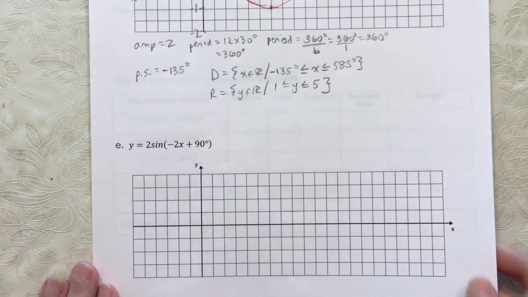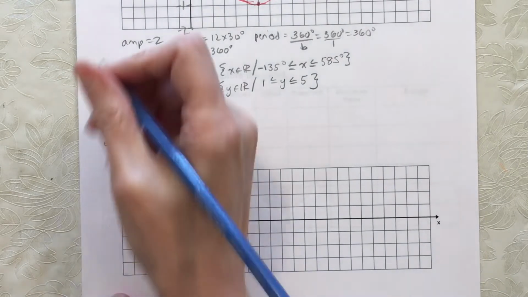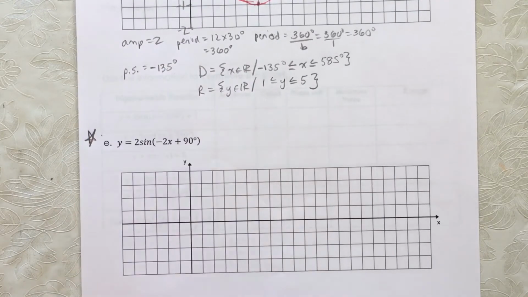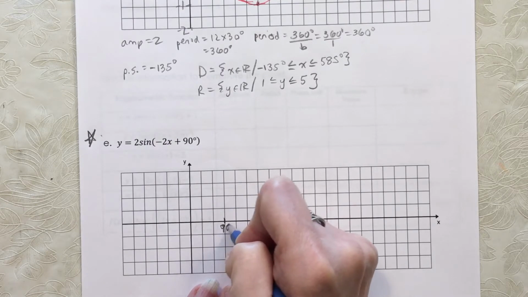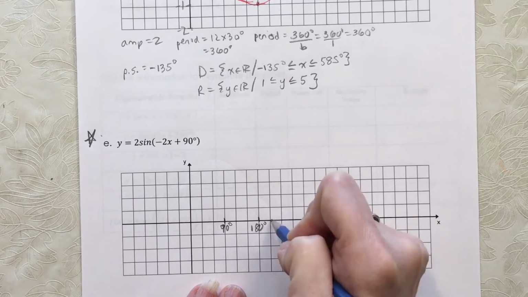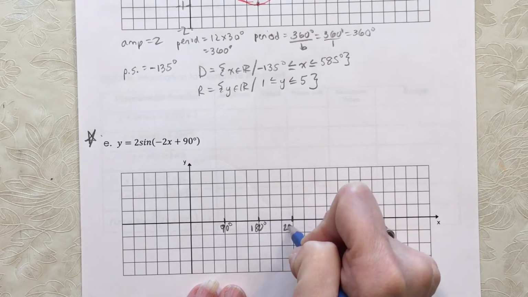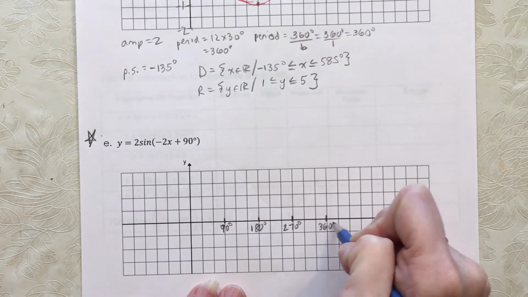And E, y equals 2 sin(-2x + 90). Okay, big star beside this one. First, we'll just do our scale like we normally would. 180, 270, 360,